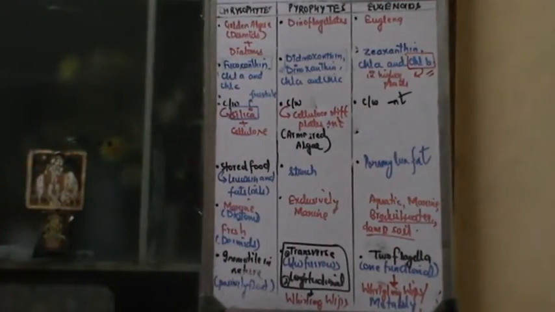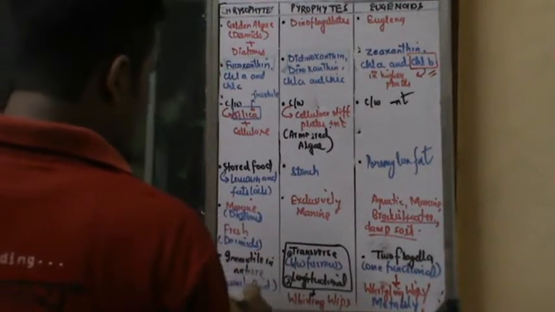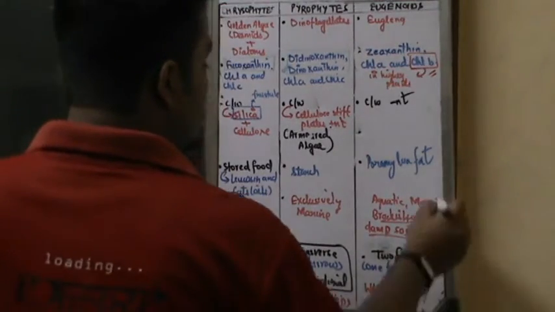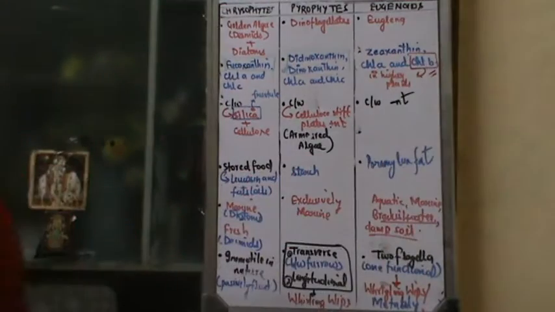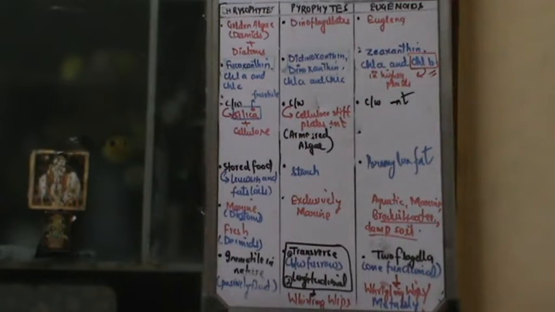So these are some very general characters I've given to you. You can just copy them off. It's going to be very important for you. Okay, I'll rub it off because a few more points need to be discussed right over here. Okay, so I'll discuss it.